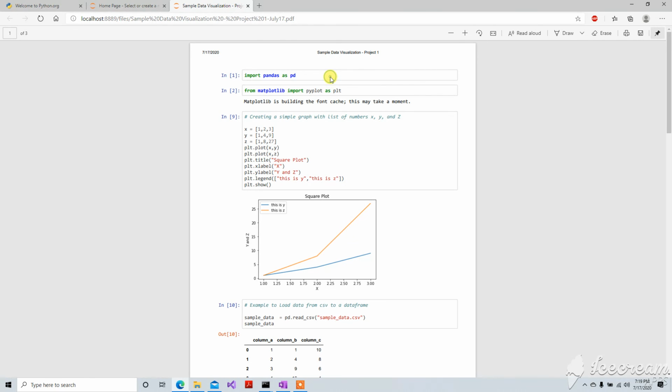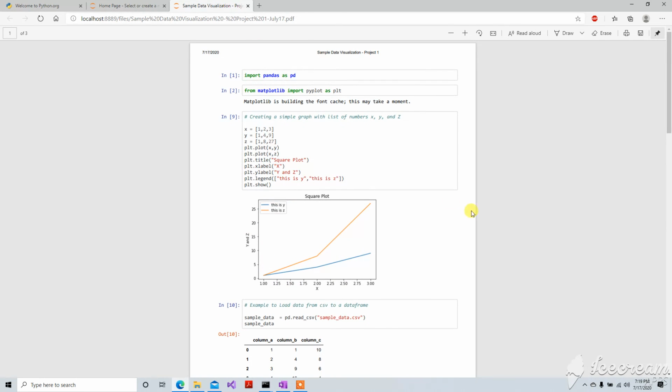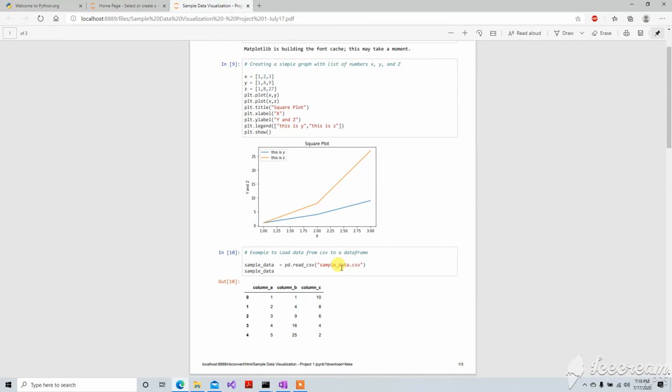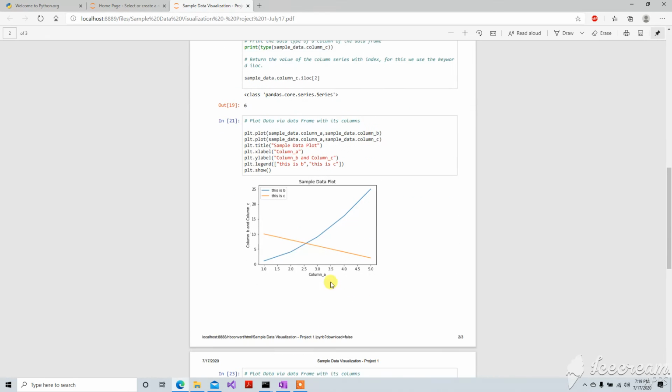Once we run this one, this is a sample application. This is plotting the x-axis, y-axis, and z-axis. I think we have done all this in our schooling, guys. Once you refresh this one or revise it, it will be easy for us to understand. And I am loading the data from a sample CSV into the data frame, and then on top of that, we are pulling all